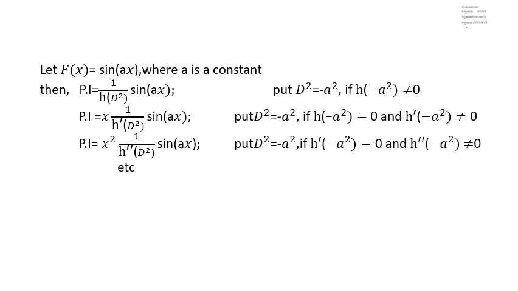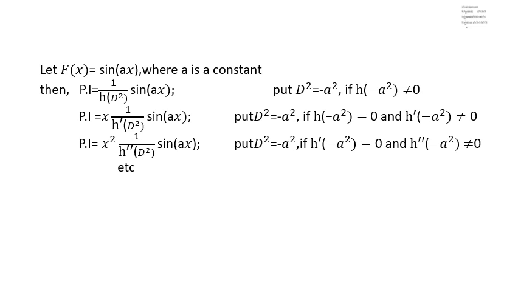Suppose the denominator is equal to 0 when d square is equal to minus a square. Write another equivalent formula: particular integral equal to x square into 1 over h double dash of d square, on the right side sin ax or cos ax. So in this equivalent formula, put d square is equal to minus a square such that the denominator is not